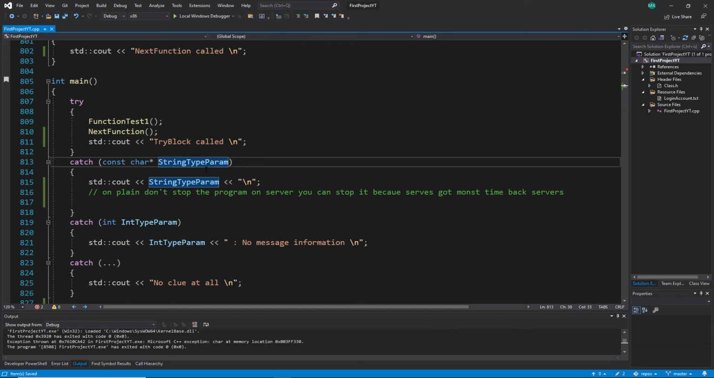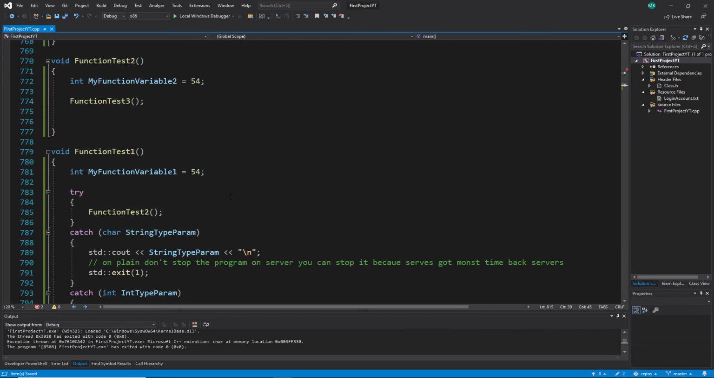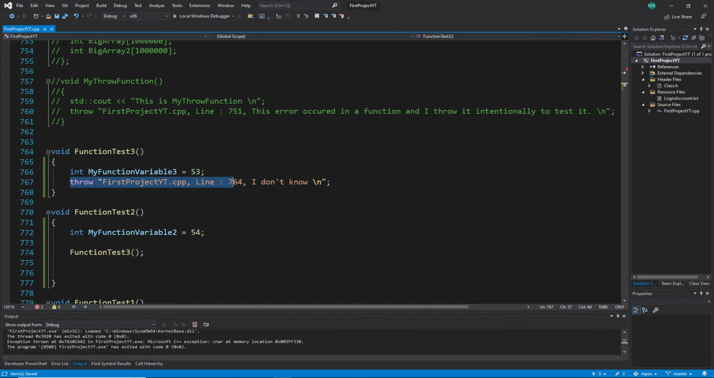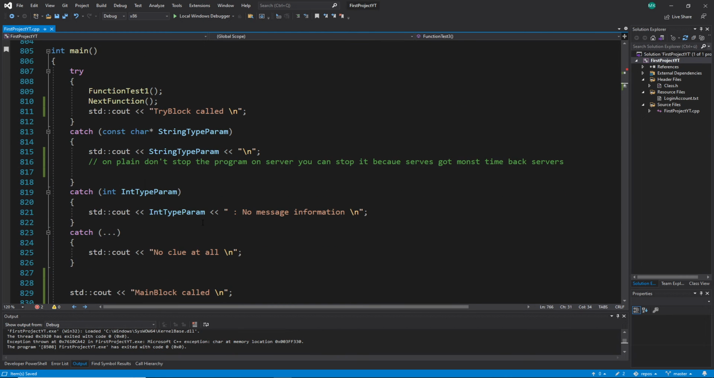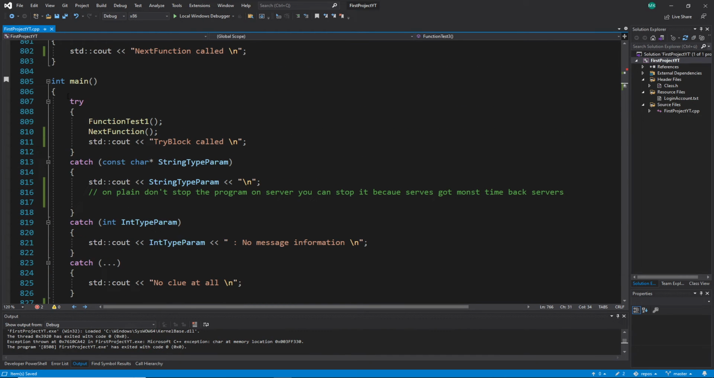The variable name is just a string, and I use the value, and the value is this text. But the problem here is, let's say I could not solve the problem here, because this throw indicates to me there was a problem, but this catch block has no clue what this problem is. And then you have the opportunity to rethrow it with the throw